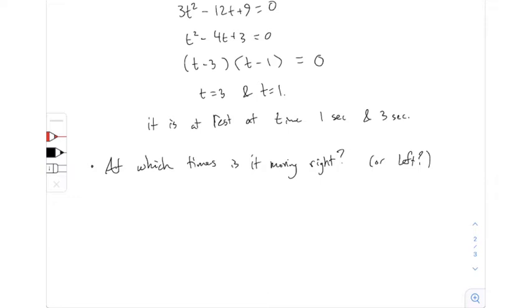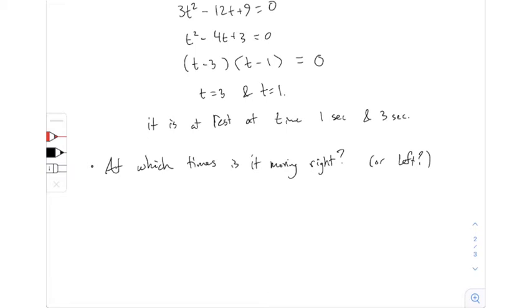So we'll answer to the right, and then sort of for free, the opposite is what times it's moving to the left. Anybody have a suggestion about this? How could we figure this out? Moving to the right versus the left, yeah. Put the zeros on a number line, and that's